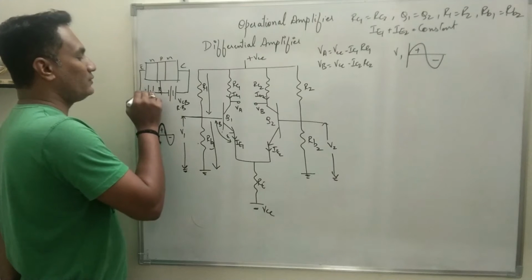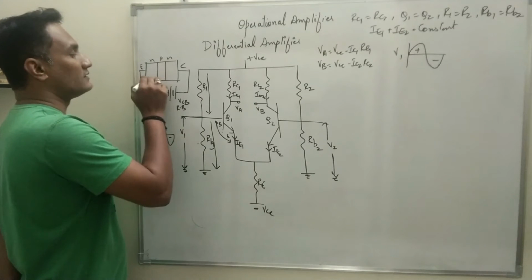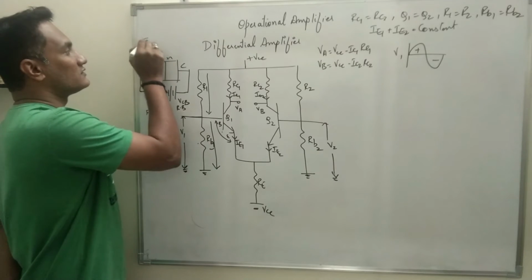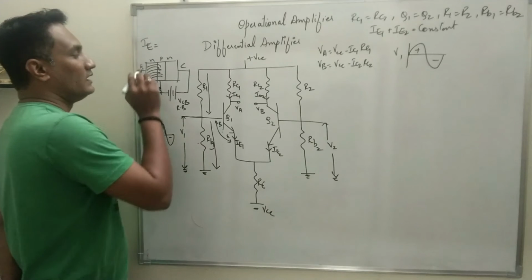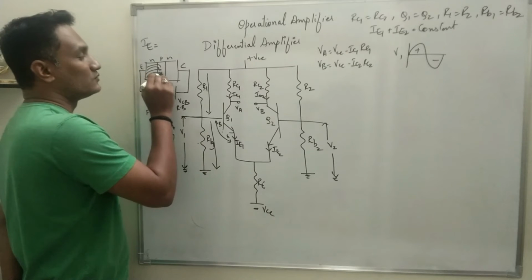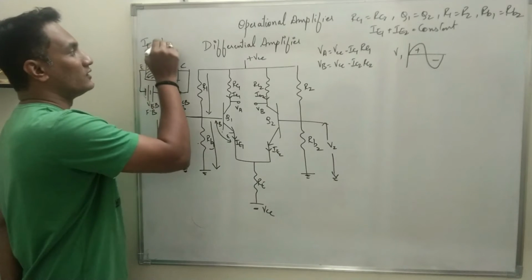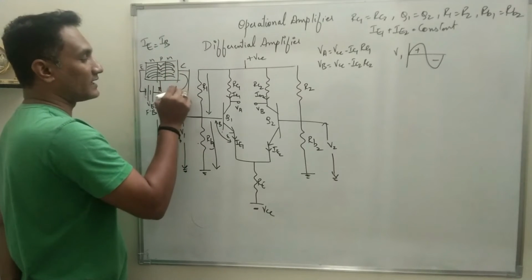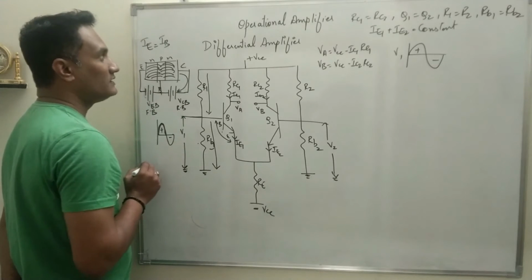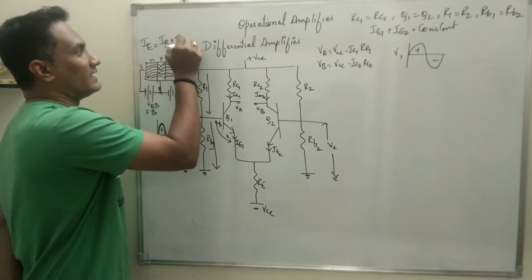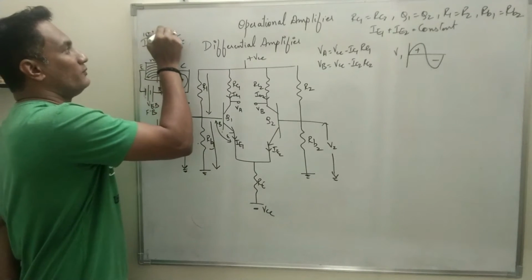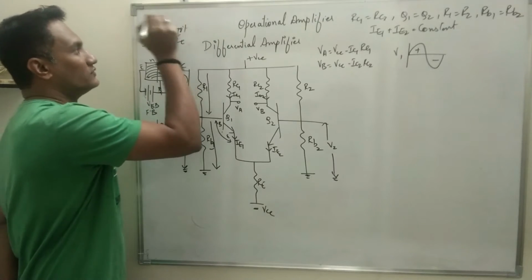Now this negative terminal will repel the electrons, right? Electrons will move from the N region into the P region, which will constitute emitter current IE. Out of the large number of electrons moving from emitter to base, a few electrons will recombine with the holes in the P region, which will constitute the base current IB. Remaining electrons will enter the collector and get attracted by the positive terminal of VCB, which will constitute collector current IC. So out of 100%, only 2% goes into base and 98% goes into collector.